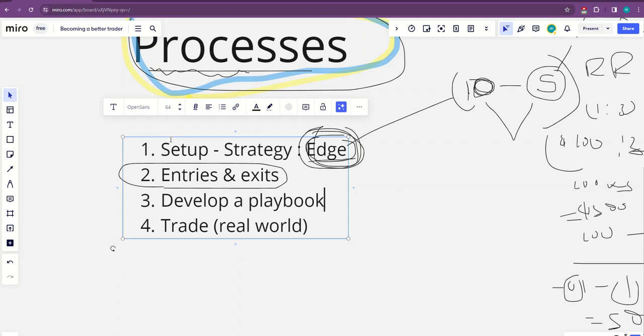You must develop the patience and the discipline to wait for every criteria to be met and execute it. When you execute it, you're going to lose or win. It doesn't matter. It's going to boil back to your win rate and your risk reward. Okay, so this is important. You might have to develop this. So after you have developed this, now you have a setup which has an edge.